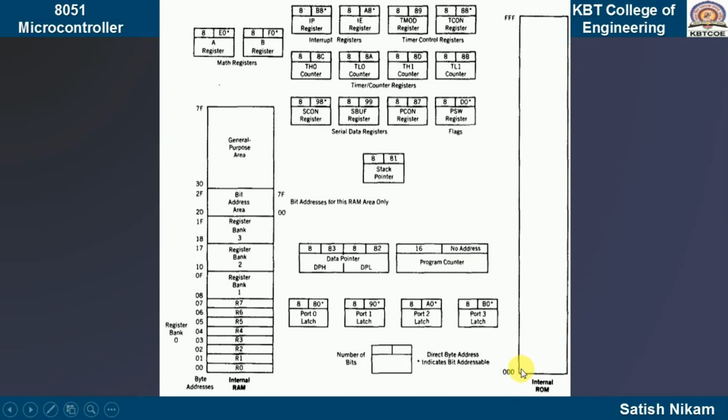When we start the microcontroller, the program counter value is 00. So, the CPU is going to pick up the data from memory location 00 and execute that data. At that time, the program counter again is going to point out the next instruction which is supposed to be executed. So, this is the simple function of the program counter, which points out to the microcontroller which instruction to execute next.